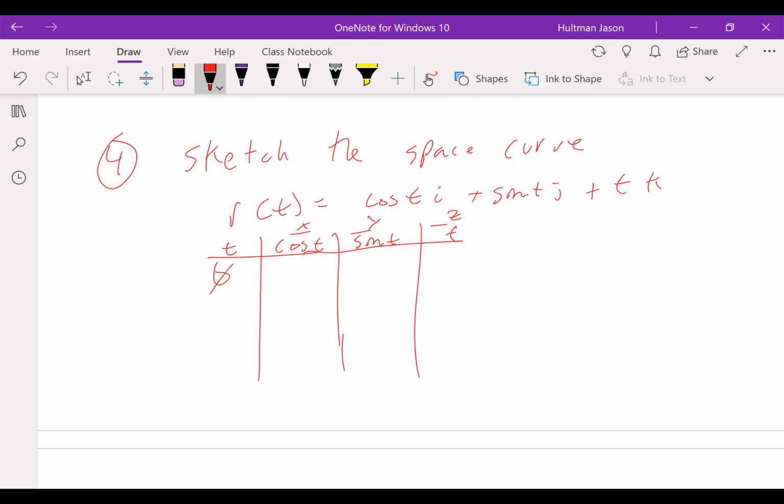So when t is 0, what's cosine? Well, cosine is 1. What's the sine? 0. What's t? 0. So this is going to be the point 1, 0, 0. Okay,